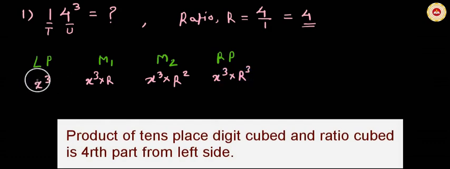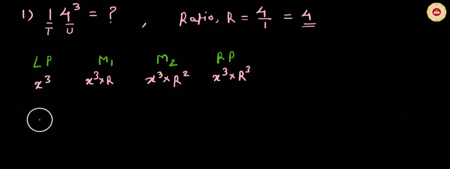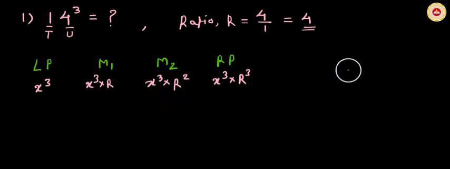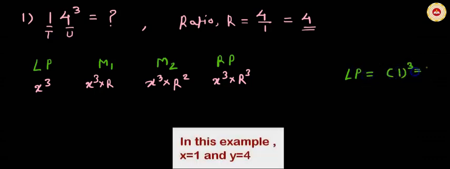Now we will write the values here, but before writing final values we will first do rough work here and write final values here. Okay, so that it will free us from confusion, because we are going to write 2 times middle part 1, 2 times middle part 2. What is the left part? Left part is 1 cube, it means 1. So write 1 here.